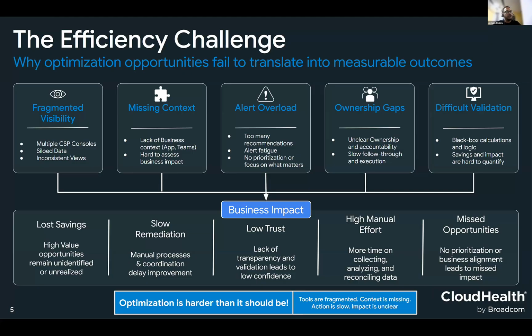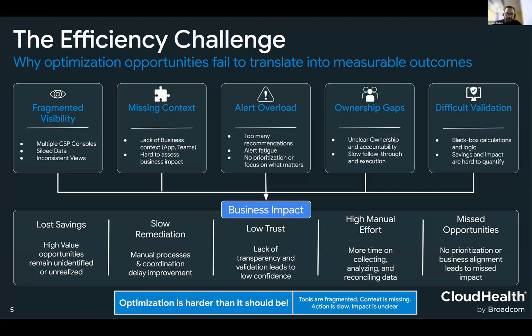These opportunities, this wastage, these inefficiencies: if I resolve it or do not resolve it, either way, how is it going to impact my business? That's what is missing. Even if you rely on cloud provider consoles, this business context you will not be able to carry over to every cloud, because each cloud has its own constructs and its own way of representing the data.